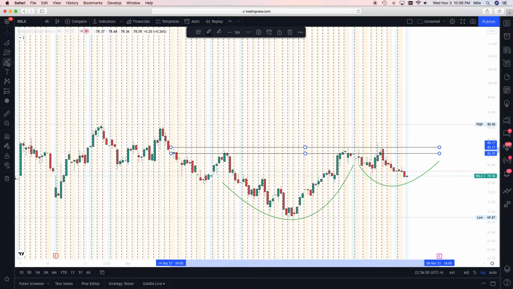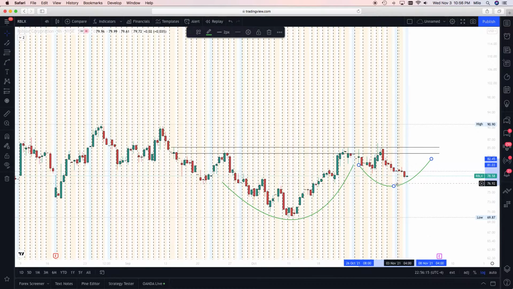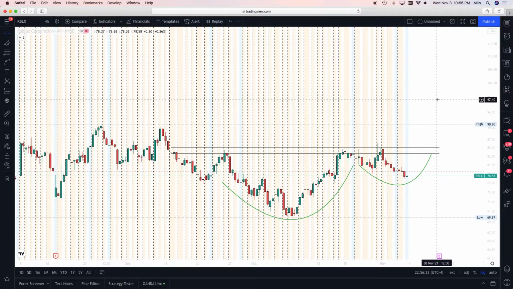so basically what we want price to do is retest this resistance level, which is the top of the cup. So we want to retest and break out to the upside. Right? Now when it comes to the target on the cup and handle,